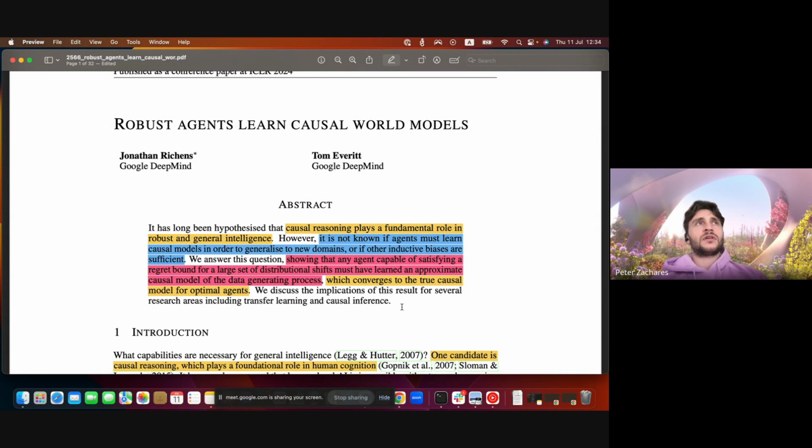I don't think the result is that mind-blowing. Maybe it's kind of expected, but I think it's really cool that they were able to prove what they were able to prove. The whole paper is theoretical. Actually, the whole paper is proofs, except for a couple of experiments that they do with synthetic data.